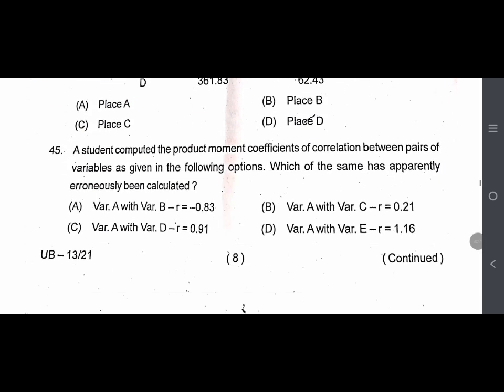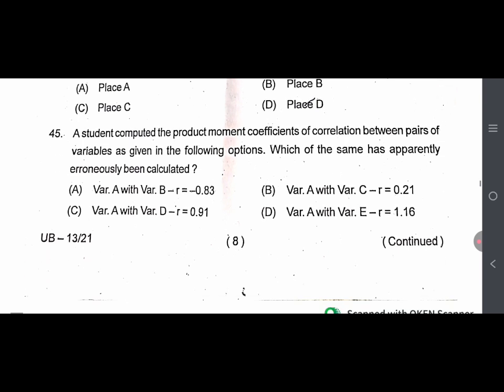A student computed the product movement coefficient of correlation between pairs of variables as given in the following option. Which of the same has apparently erroneously been calculated? ठीक आंसर टी हबो ऑप्शन डी